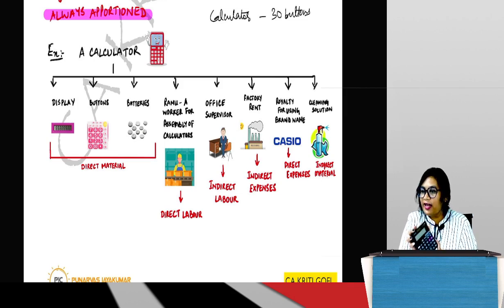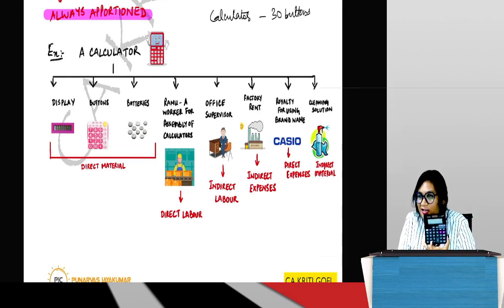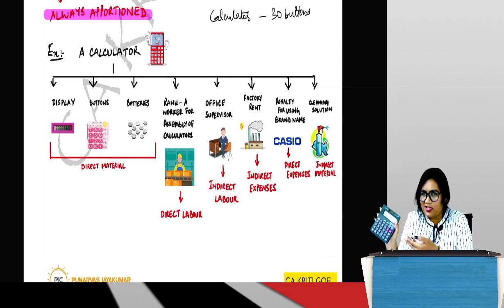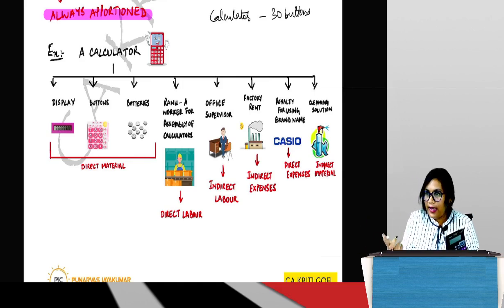Now how much of that 10,000 has gone into this? Can you tell? No, you cannot tell. But for the worker who's manufacturing, I can tell how much has gone. 800 rupees, because that is what I paid him for the day, and in one day he made one calculator. So 800 rupees is gone. See, these are all hypothetical examples. For manufacturing a calculator, labor cost cannot be 800, because this is sold only in the market for 300 rupees maximum. How much is this? 250, 300, right? So practically not possible. It's just an example to tell you all. Okay, so in one day I have paid the worker 800 rupees to manufacture one unit.